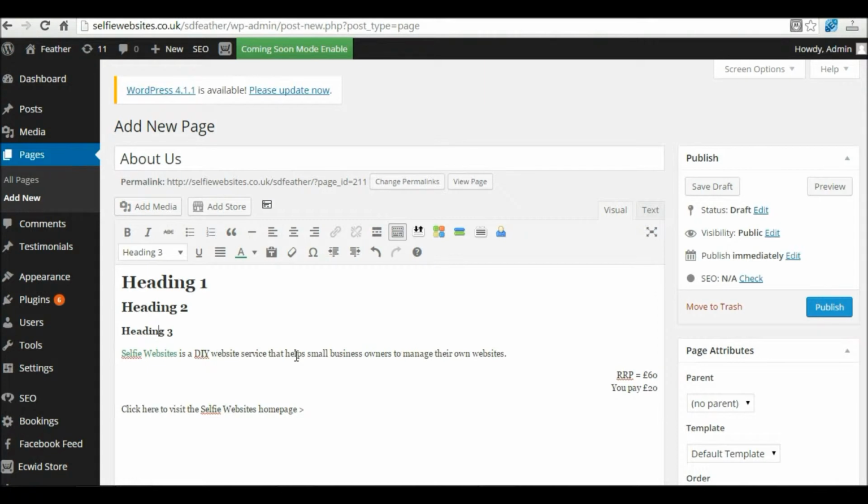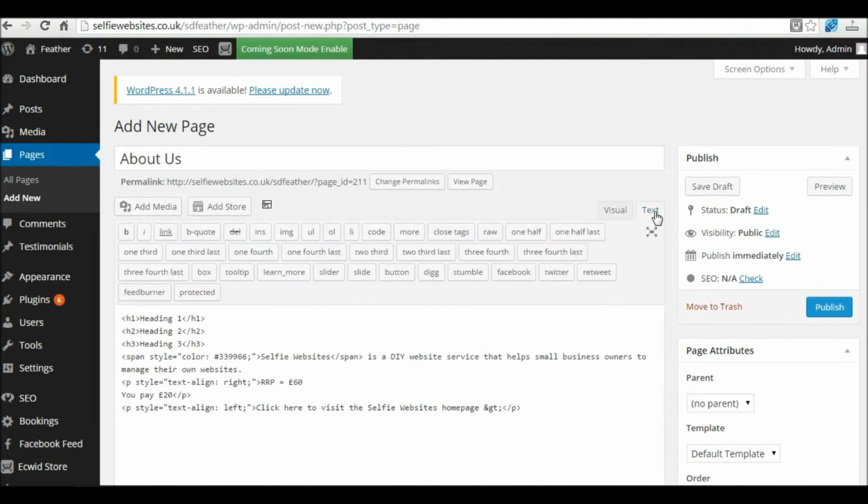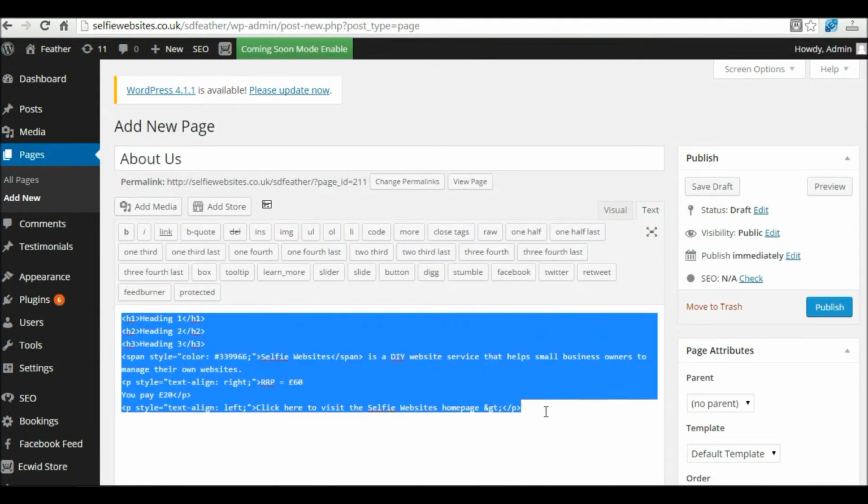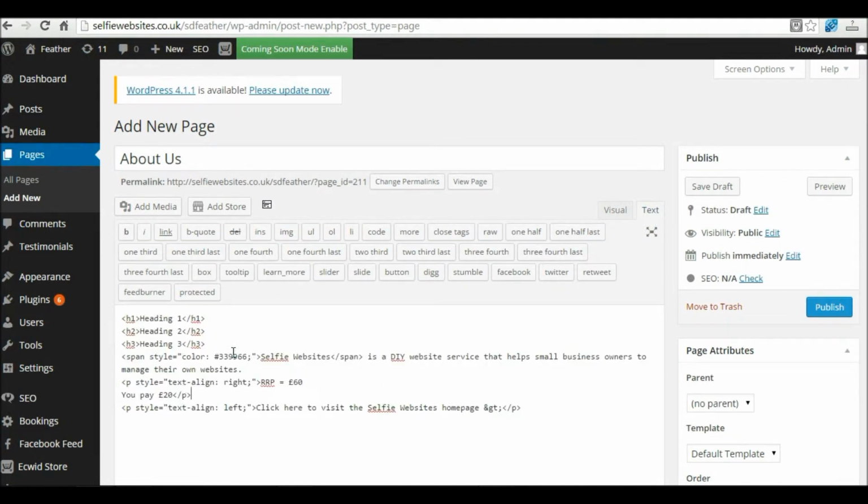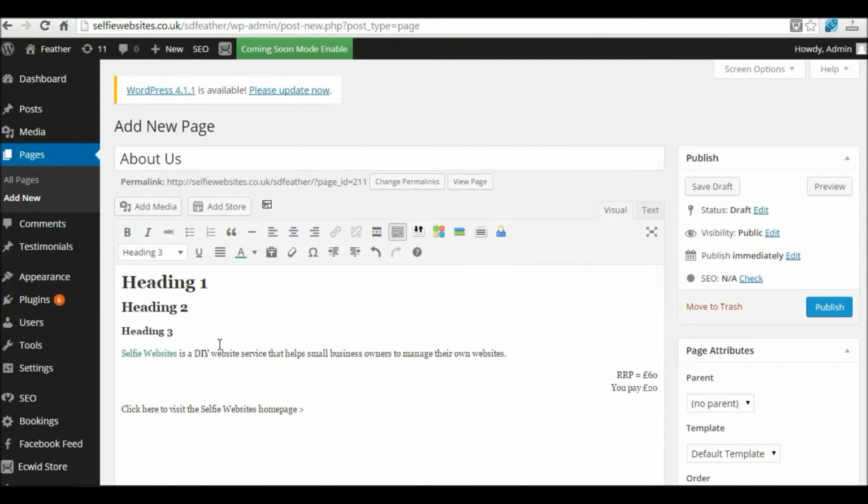Now, if you're familiar with HTML code, which I'm assuming for purposes of this tutorial you're not, but if you are and you're happy coding in HTML, you can click on the text tab and that will show you all of your content in HTML. So if you ever want to add any HTML coding into your page, you can do it that way. But we're going to stick within the visual tab